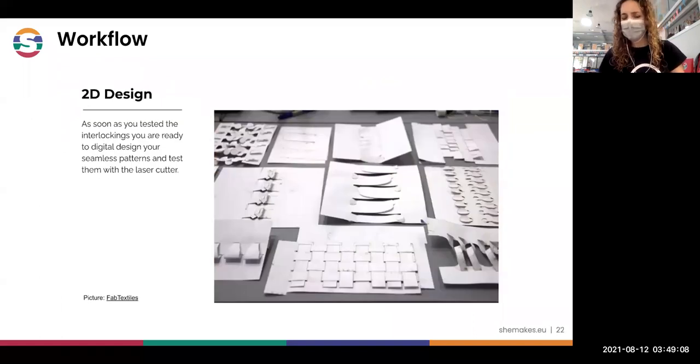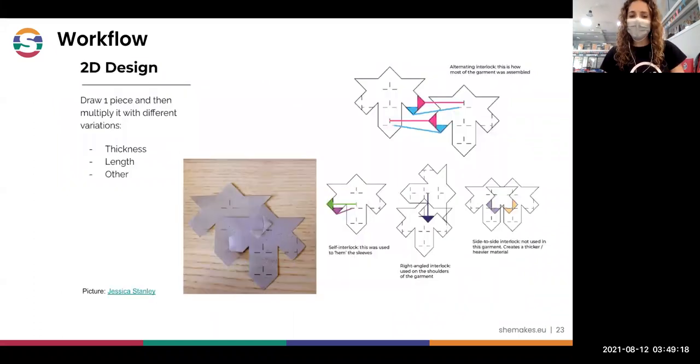This is an example of the library. If you want to try with different interlocks in different ways to interlock the pieces. And this is an example if you want to document it, how you can connect it. This is the way to interlock, to connect from different directions.